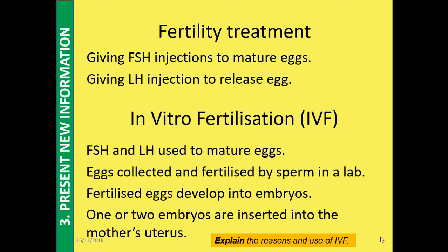The eggs would then be fertilised by the sperm in the lab, so in the petri dish, and then it would be a case of watching those under a microscope to see which ones are developing successfully into embryos, and then one, possibly two embryos are inserted into the mother's uterus. This situation would be used if maybe the man had a low sperm count or if the woman had damaged